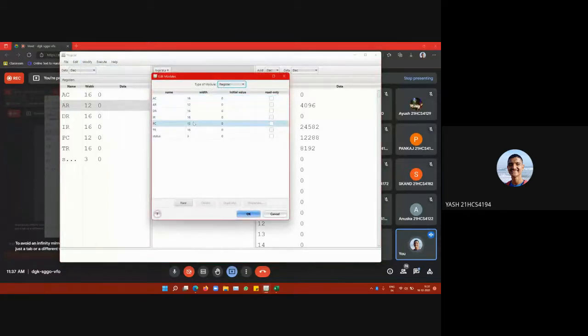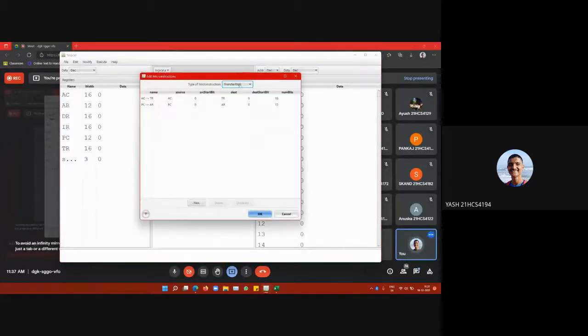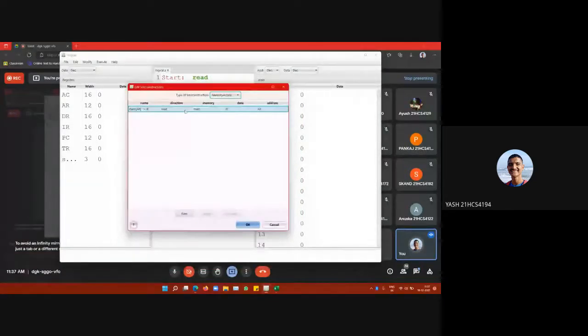These are the registers, and I have stored it here in the TR currently. And in the micro instructions, if you see my memory access, my memory is only accessing the instruction from the RAM. So I am not storing any other variable apart from the instructions. Only this part is in the memory. So only one memory access is defined over here.